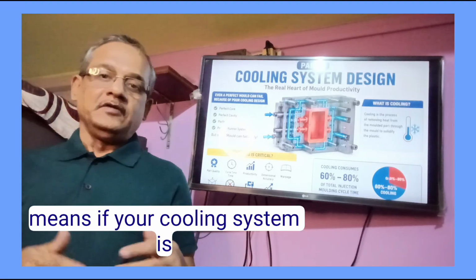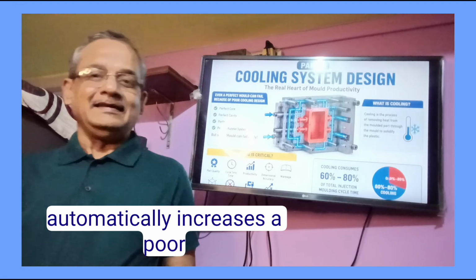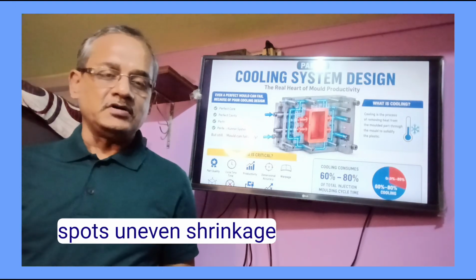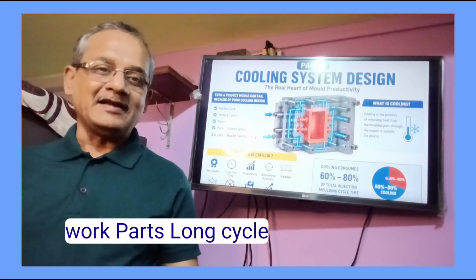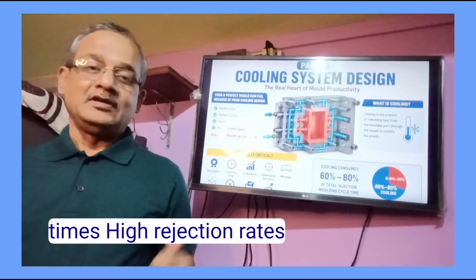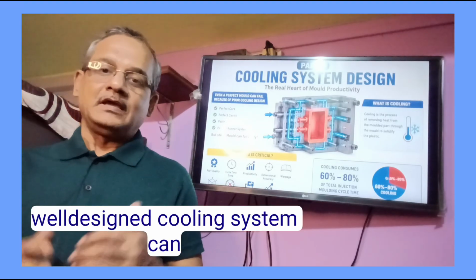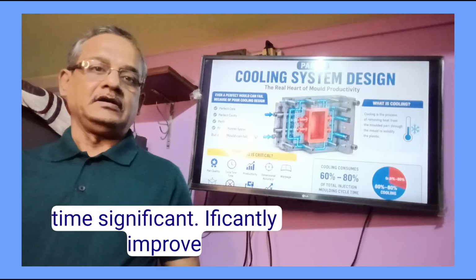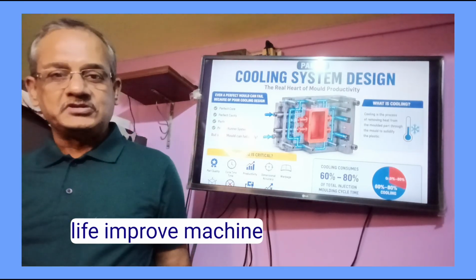That means if your cooling system is poor, your production cost automatically increases. A poor cooling design can cause hot spots, uneven shrinkage, warped parts, long cycle times, high rejection rates, and low productivity. But a well-designed cooling system can help you reduce cycle time significantly, improve part quality, increase mold life, improve machine